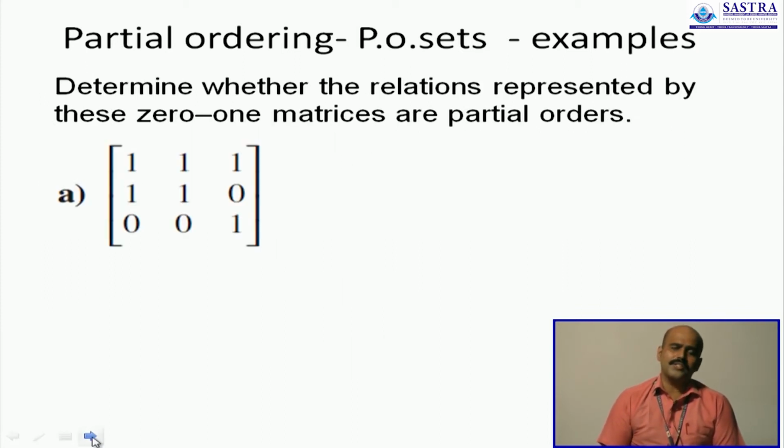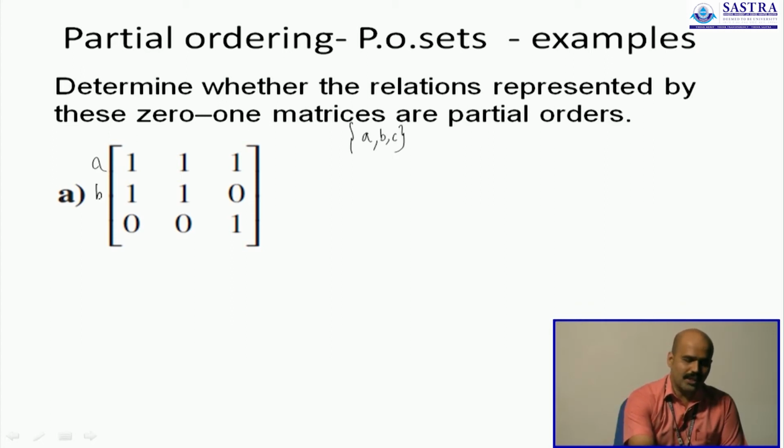But we have already seen that a relation can also be expressed in the form of a matrix. If you can recall, in unit 2 when we had the set of lectures on functions and relations, we also told you that a relation can be expressed using a 0, 1 matrix. So we will have a look at a couple of problems in that format. We have the 0, 1 matrix of some relation. We are trying to find out if this relation can be a partial ordering. So let us assume that the relation is on a set A, B, C. The row indices are A, B, C like this, and the column indices are A, B, C like this.